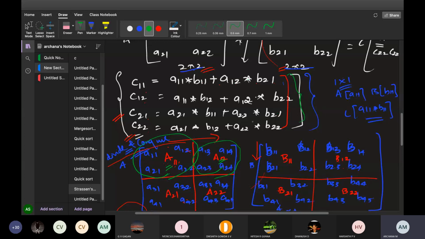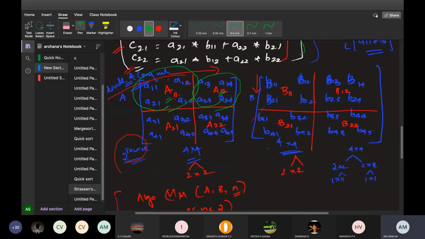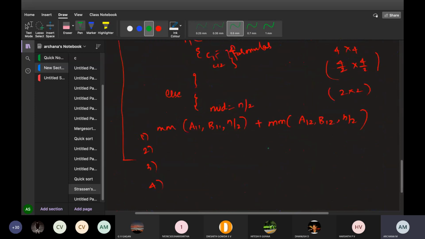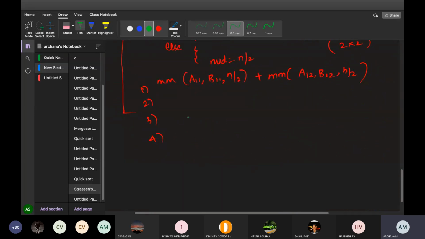Now, how many multiplications and additions? We have this number of multiplications and additions to solve this problem. Now try to find out the efficiency of this, that is T of n. So you people know T of n equals to, what is the formula you have to use to find the efficiency? This algorithm is not needed because that is not there in the syllabus.